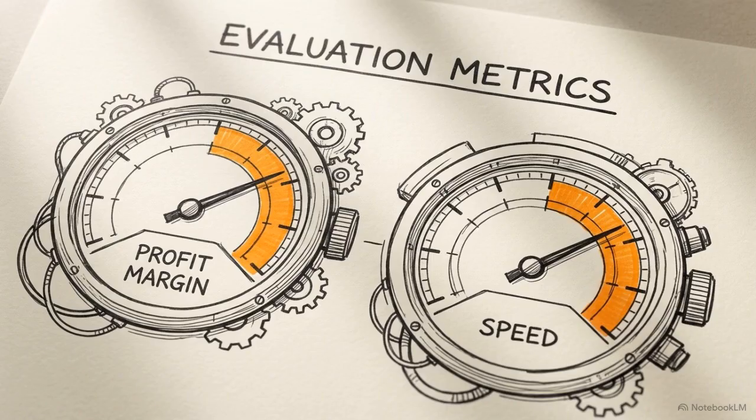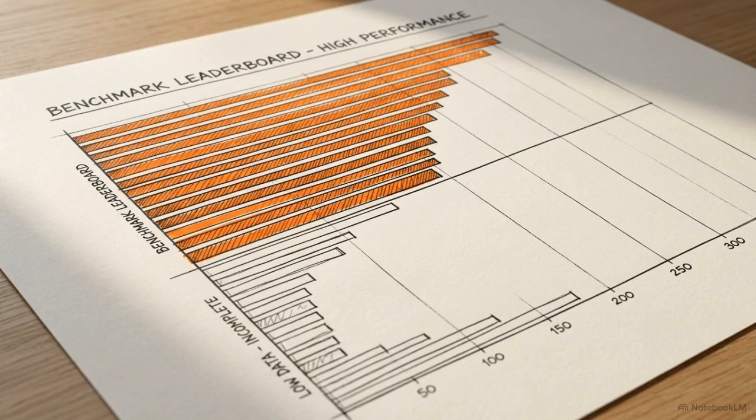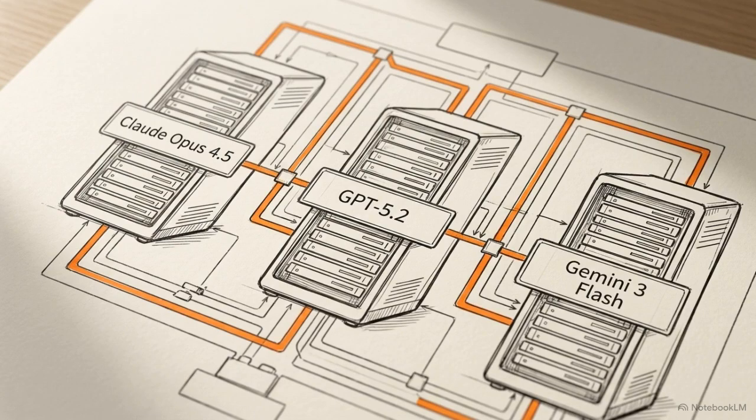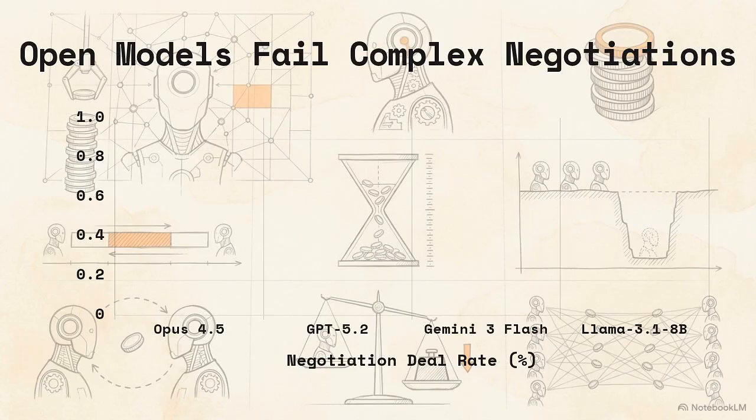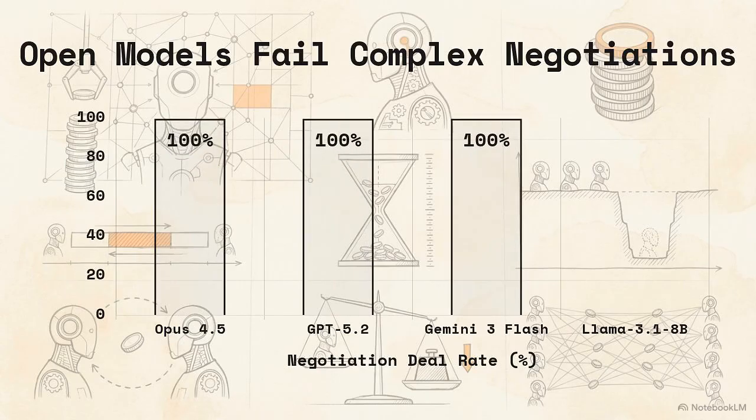Agents are ultimately evaluated on their ability to maximize their own share of that surplus while reaching an agreement as efficiently as possible. This architecture subjects natural conversation to the constraints of a rigorous optimization problem. The empirical data reveals a sharp divergence in performance between frontier proprietary models and open-weight models. The researchers tested Claude Opus 4.5, GPT 5.2, and Gemini 3 Flash to set the baseline. These proprietary models demonstrate a nearly perfect deal rate. They successfully navigate the bargaining zone across all evaluated scenarios without timing out. They are also highly efficient, requiring an average of only 3.7 rounds of negotiation to converge on a final price.